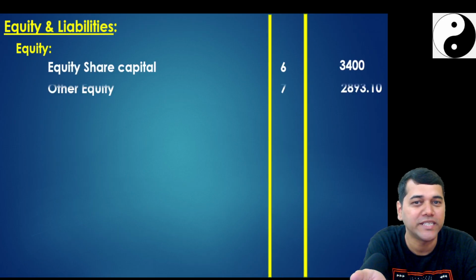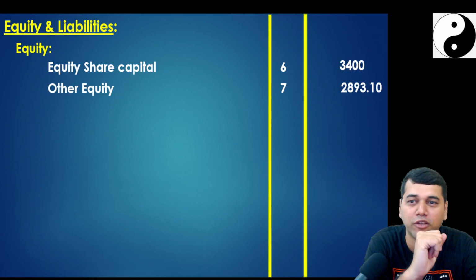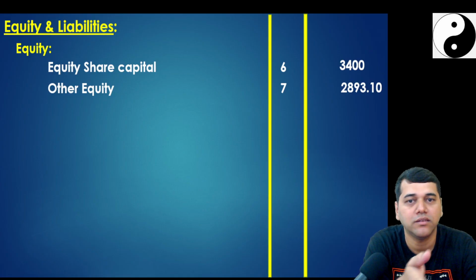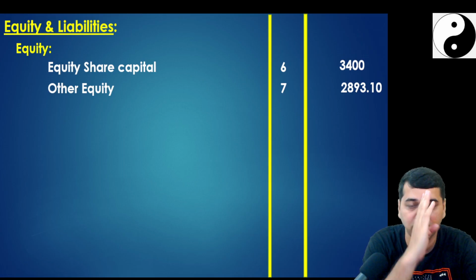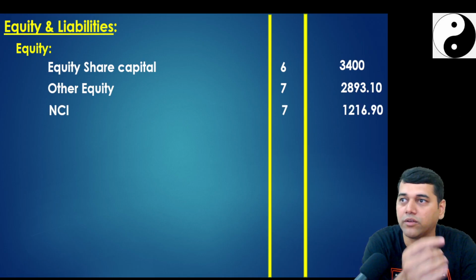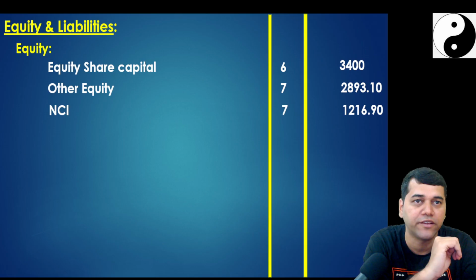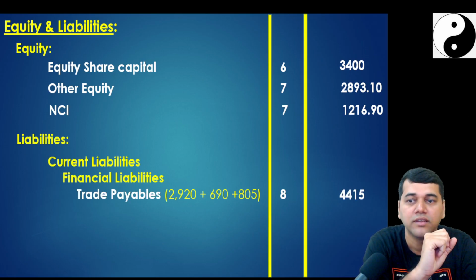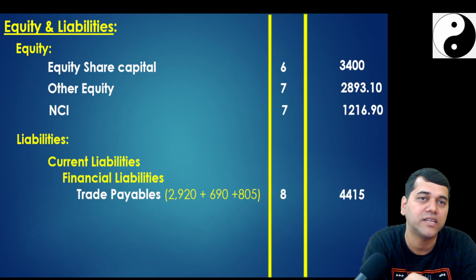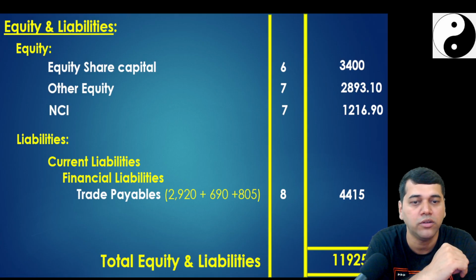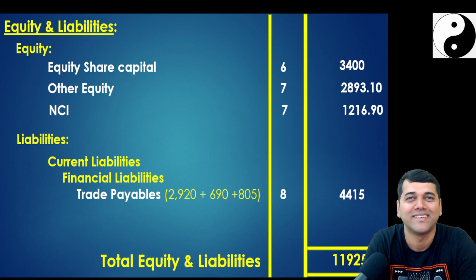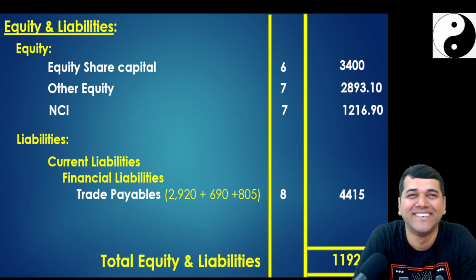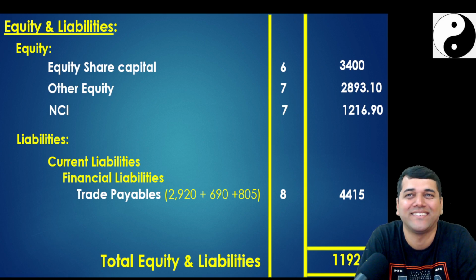Then you move to equity share capital straight away. I'll take only parent. Other equity, you write note number 7, but take our working balance. Why break our head over what we are going to take? NCI, you are also going to take from there. You add both the NCIs. Financial trade liabilities, you are going to add just 3 because there is no intercompany adjustment involved. Just 11,000, finish. Simple, no? Consolidation. Very simple actually.